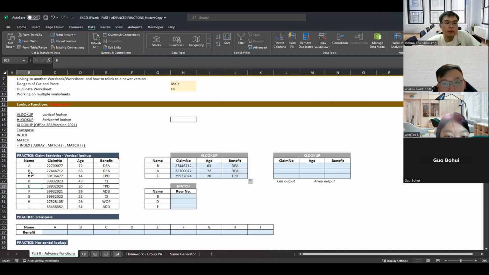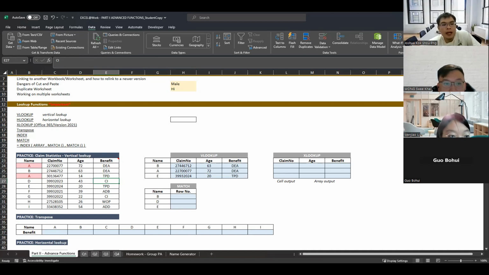Let's say I have 2 entries of A here. Let's say I change this to A, right? And now you see that I have 2 different policies, but the same name. So that's when later we can use XLOOKUP to help us with the syntax, because we can change the way we want to search the name. We can either do ascending order or descending order. First to last or last to first. Oh, sorry, what's the question?